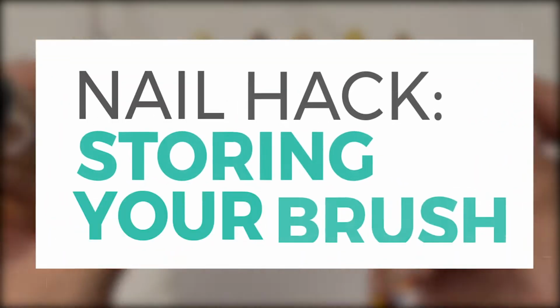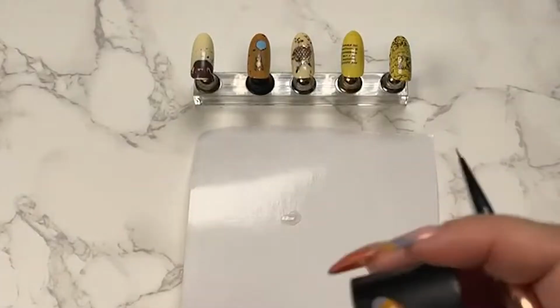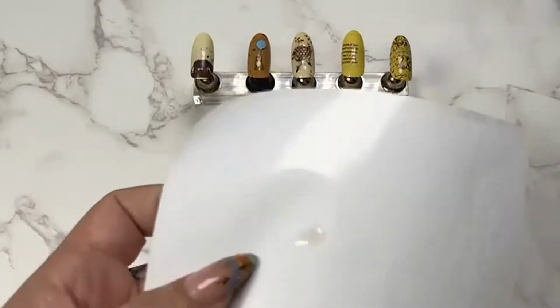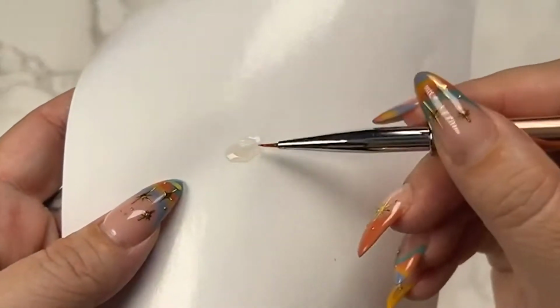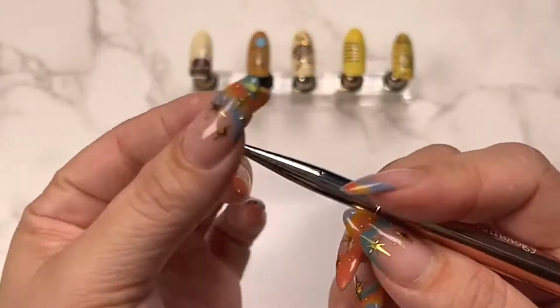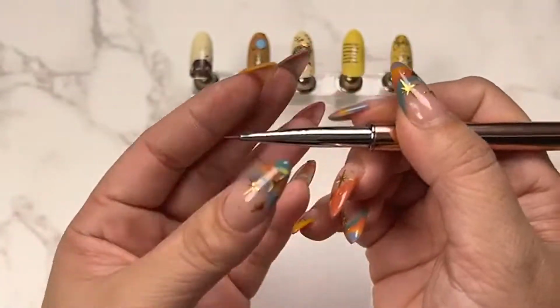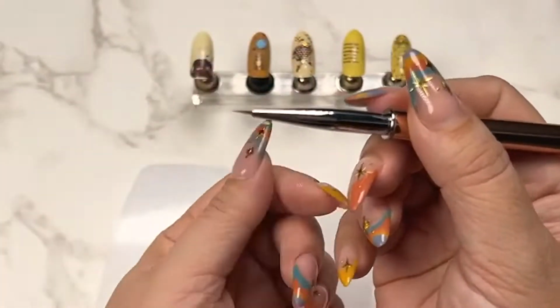To help care for your brush and keep your bristles looking nice, you can take any clear polish, top coat, base coat, whatever you want, and just do something like this. Because I put just the tiniest amount of clear polish on it and then straightened out the bristles,